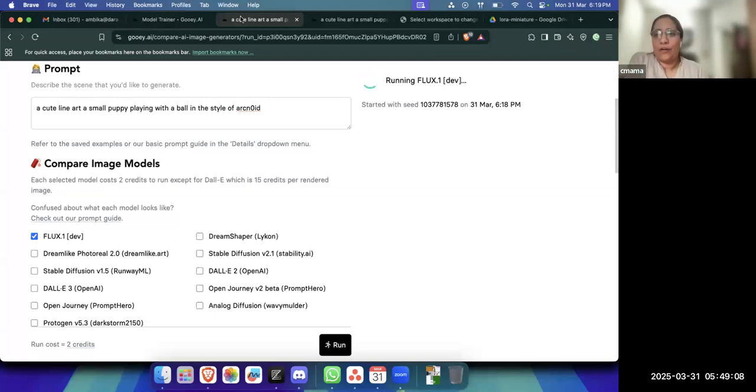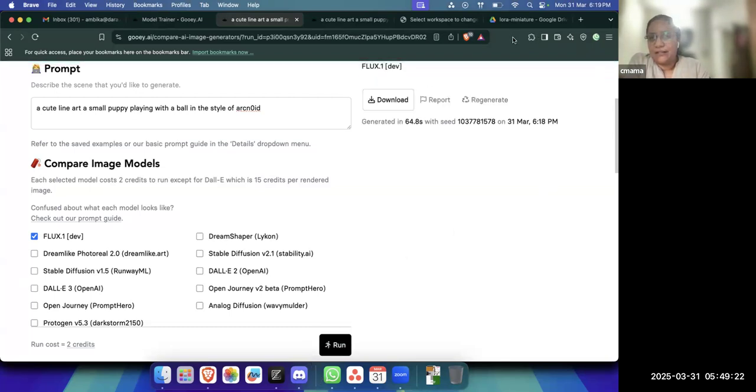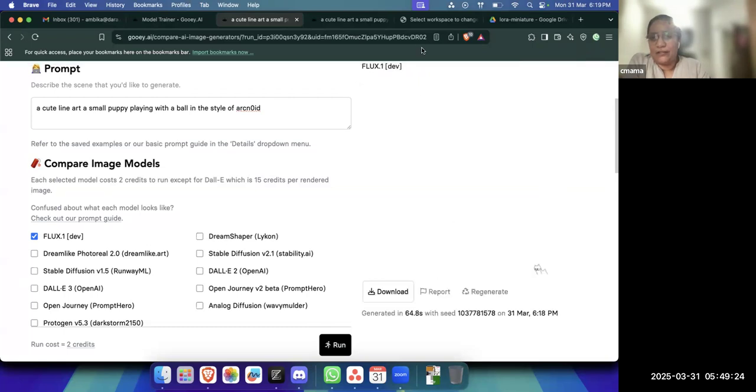So, has anyone, just out of curiosity, seen any YouTube video about how image models are made? Someone wants to tell me if they have, or you want to share with the others? Okay, no one is saying anything. So basically,